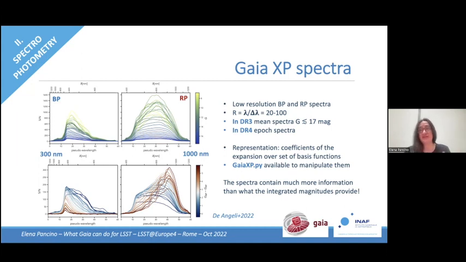And we hope to go fainter than the 17th. There are tools to manipulate the spectra because, you can imagine, billions of sources, even if the spectra are tiny, the space occupied by this data is huge. So to save space, they are represented as a series expansion of basis functions. So you get the coefficients, and you can manipulate the spectra with the tools that are made publicly available on the Gaia web pages.